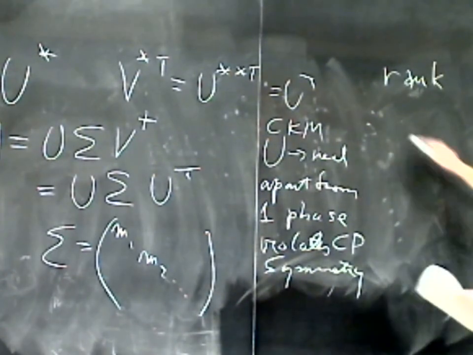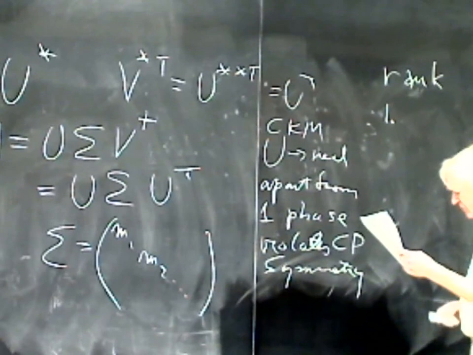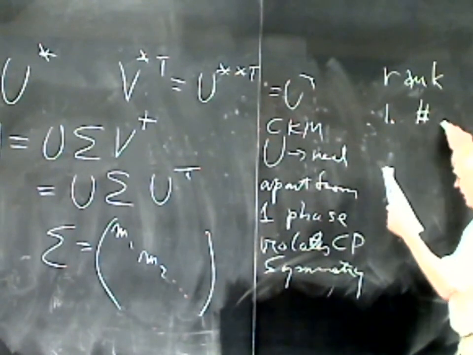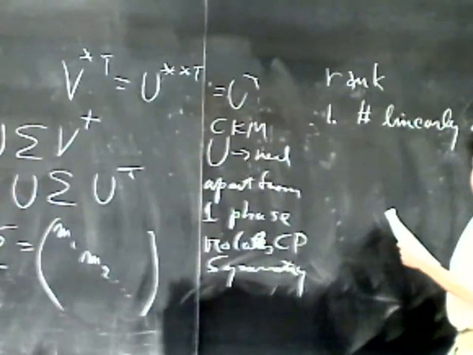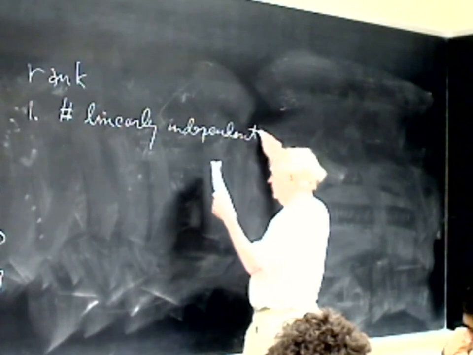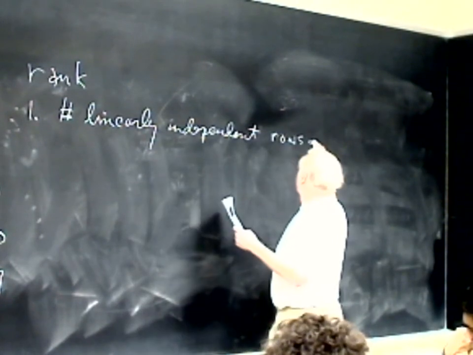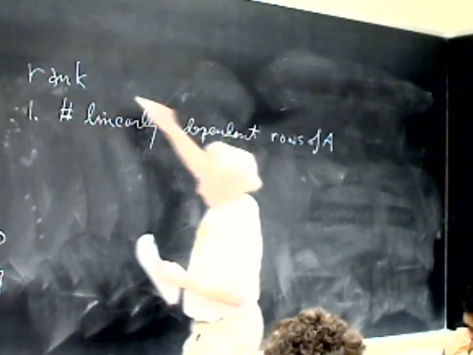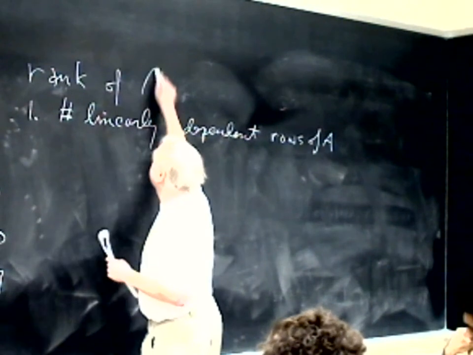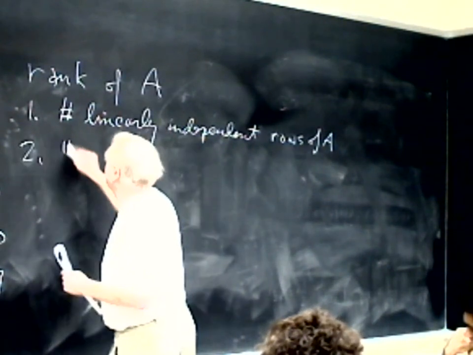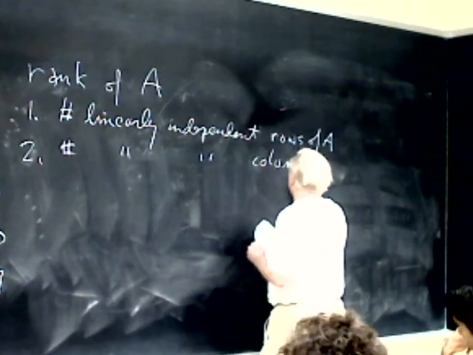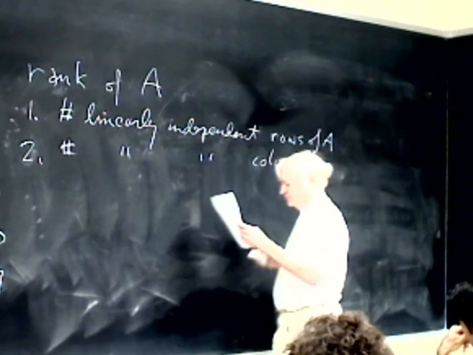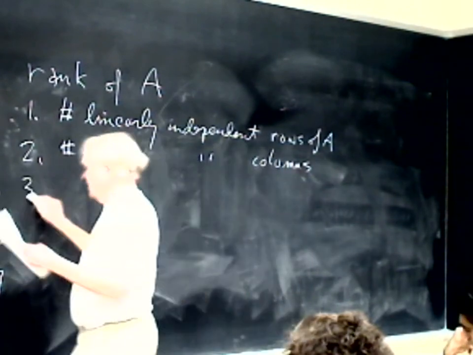There are three equivalent definitions of the rank of a matrix. One: the number of linearly independent rows. Okay, rank of the matrix A. Two: the number of linearly independent columns. Three,